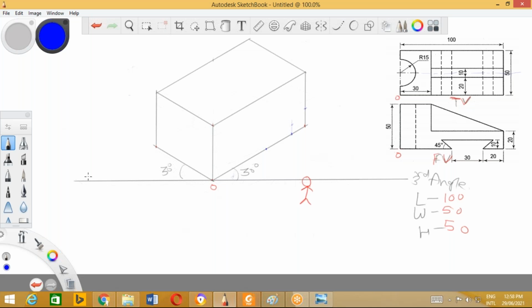So I'll mark the point exactly in the middle and draw a line. Same way I'll divide. Now we are doing this just from the diagram which is on your screen.